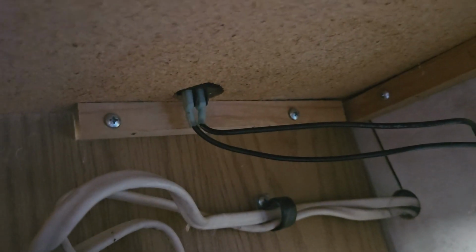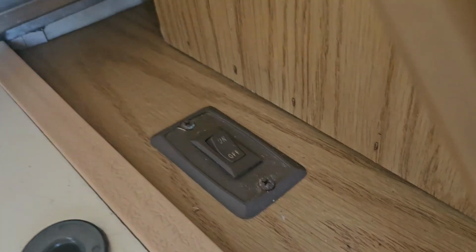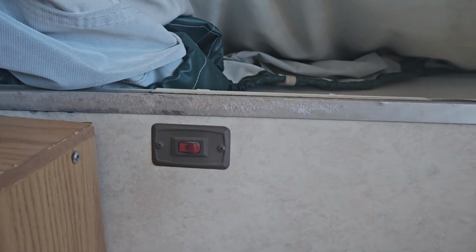Cleaned up the wires in here. There's a switch up there. That's where that wire came off of, so I got that back on. And I guess that's the switch for the pump. It's over here, so I'll label that so I know what that is. And I'll label that one because I think that's the hot water heater. So I'll put a label on that with my label maker, and